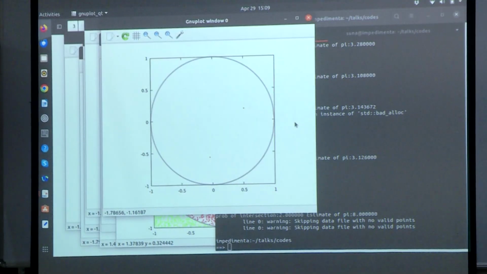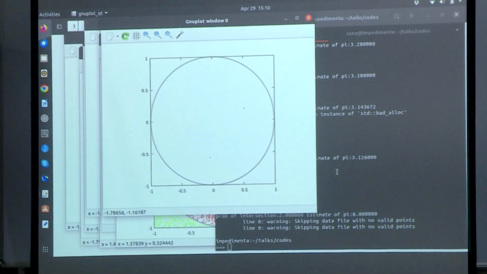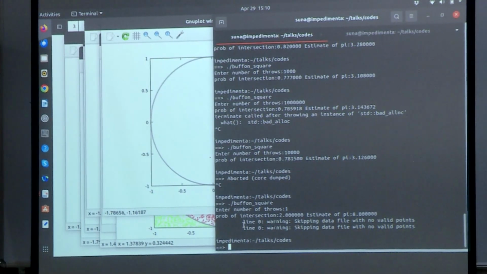We'll try. Sure, why not? Estimate is 8. Can you see that one dot? Why is it 2?